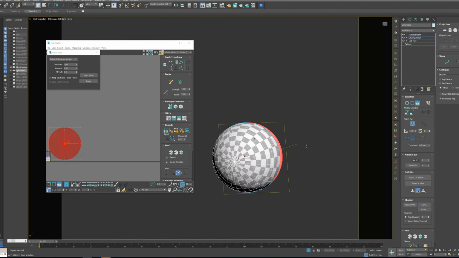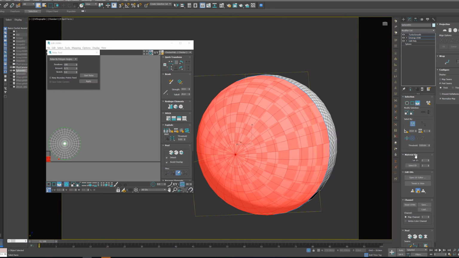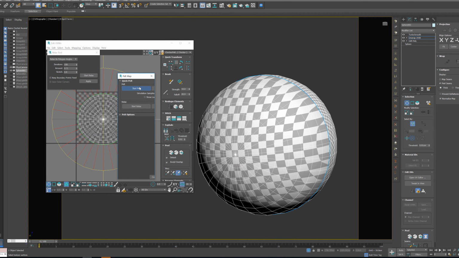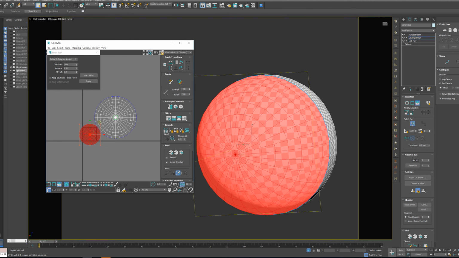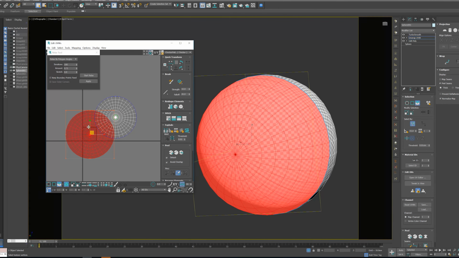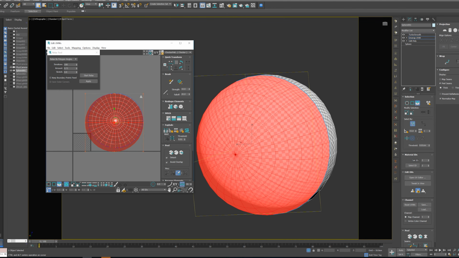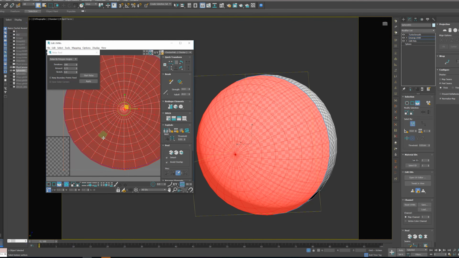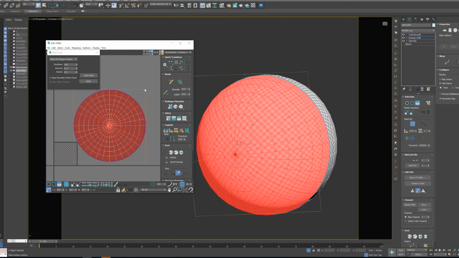Then let's go to the back one. Again, let's pelt it. Start pelting, start relaxing. This is annoying, but what can I do? Confirm. And again, let's resize it as the front one. I didn't even bother to fix that